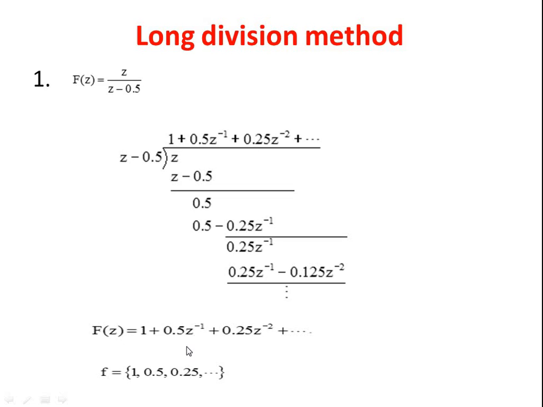From this we are going to get f of n. It means it is in the frequency domain, and now we are going to convert it into the discrete time domain, that is, we are going to take the inverse Z transform of F of z. So we need not use any formula for getting the inverse Z transform like what we saw in the direct inspection method in the previous video.